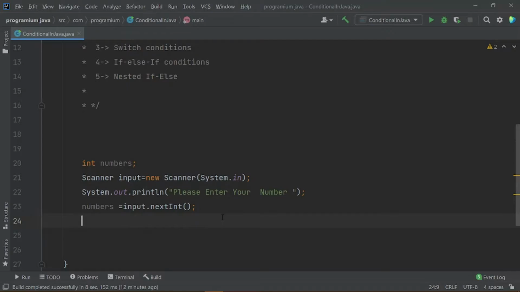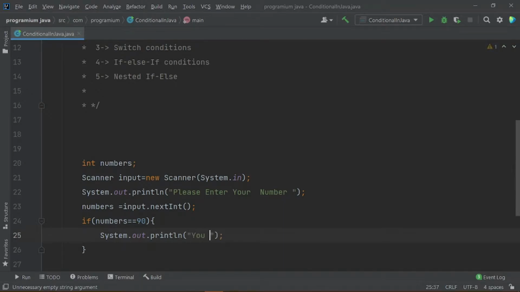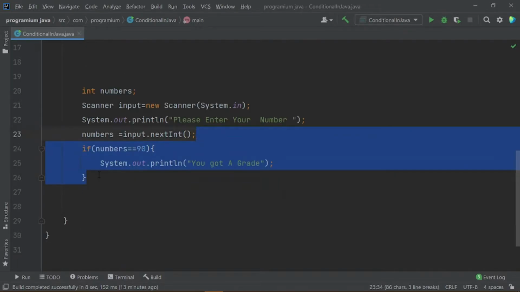We will use a condition by the name of if. We will say number is equal to 90, then we will simply print you got A grade. Okay, so this is the syntax of the if conditions.